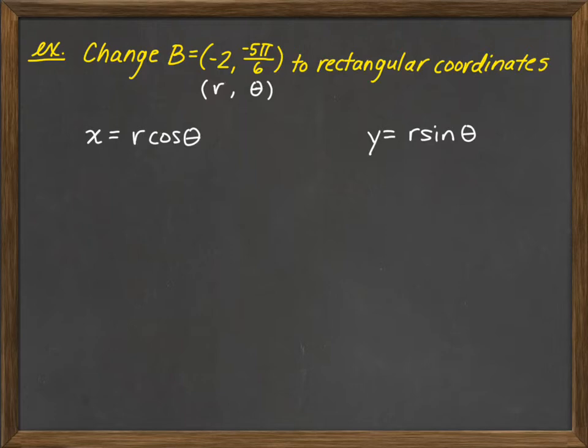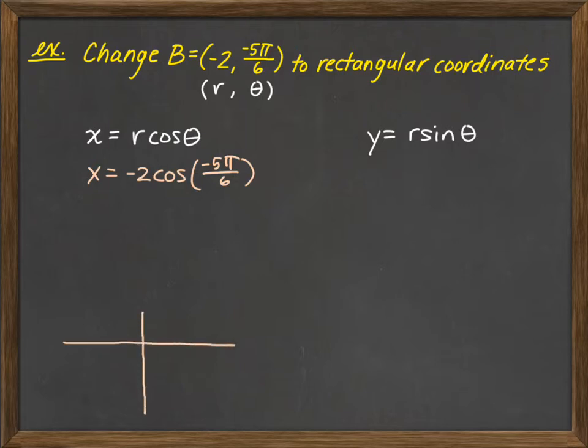So if we substitute into this equation, we get that x is equal to -2 cosine of negative 5π/6. If we draw a picture to give us a sense visually of where we're at, negative 5π/6 is going to be right here. And so we are going to have a cosine there of negative square root of 3 over 2. And so if we simplify,